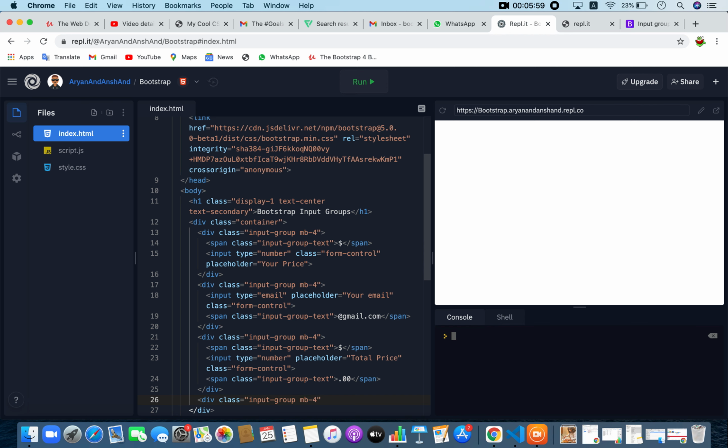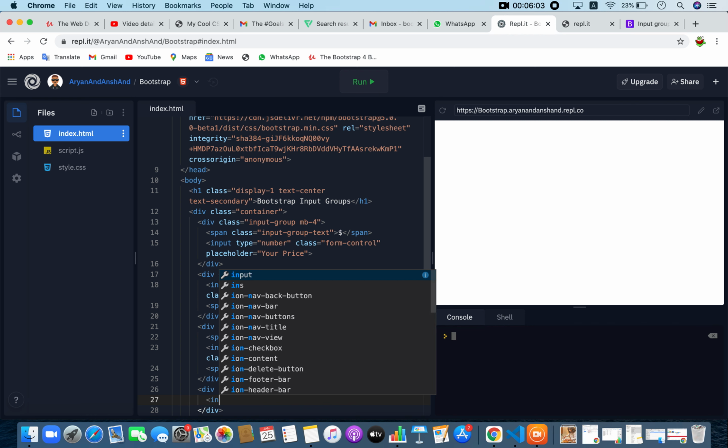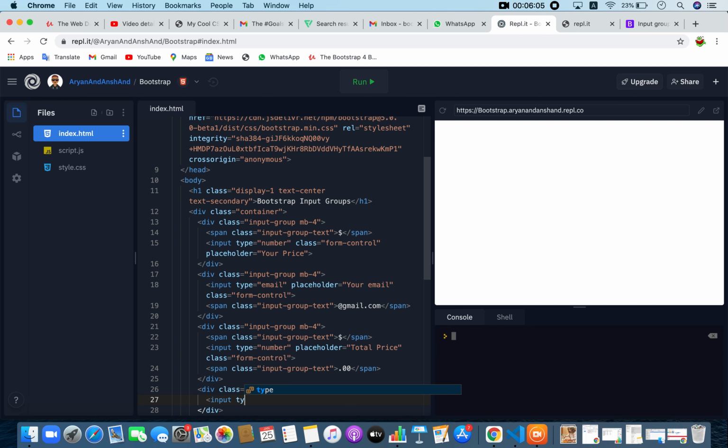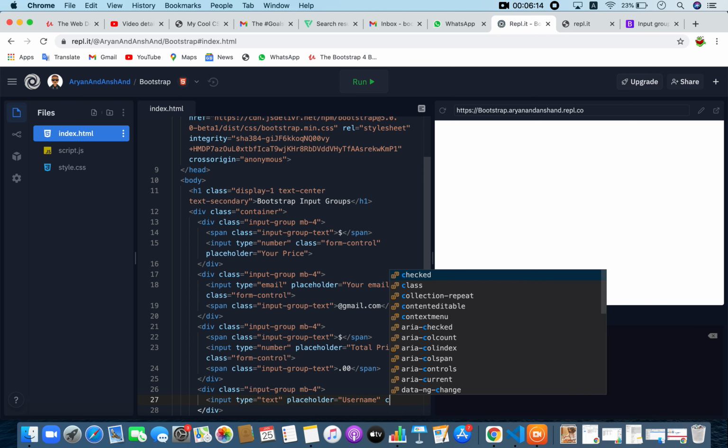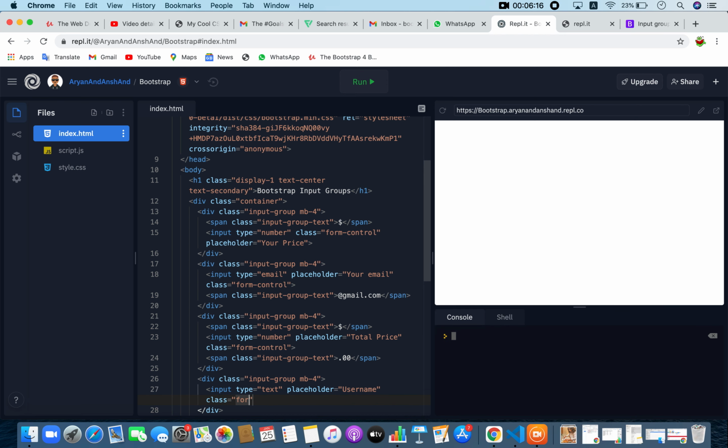I'll also give it the margin bottom of 4. Then you create an input with the type of text. I'll make the placeholder username, and class is equal to form control.